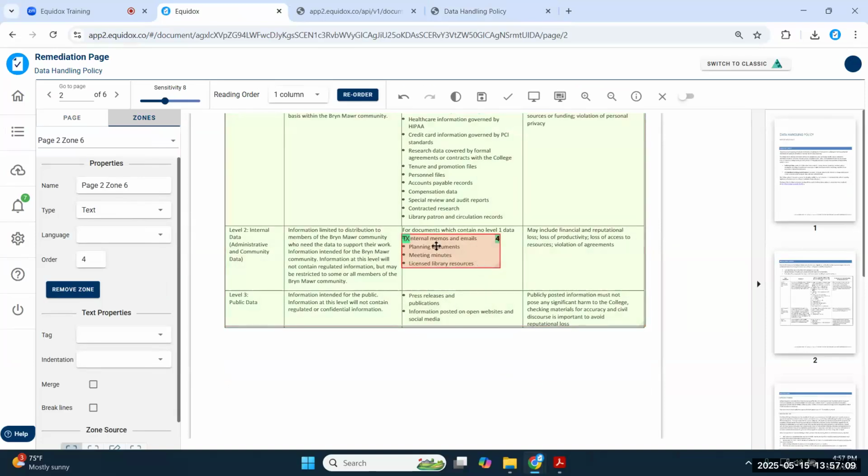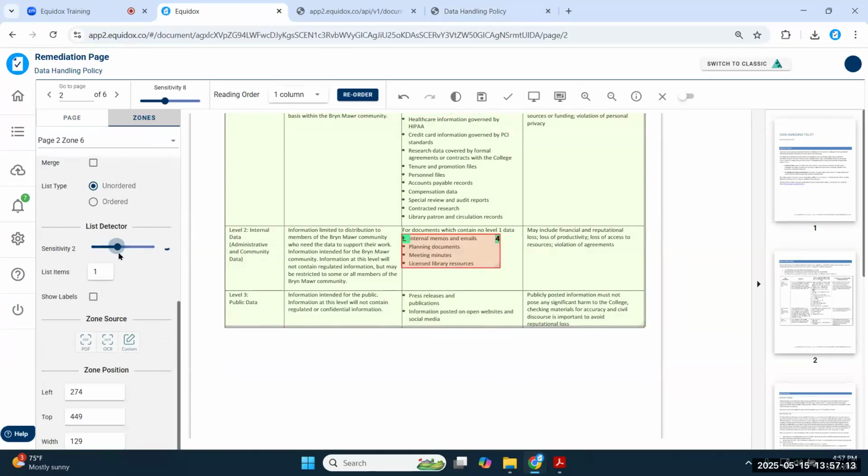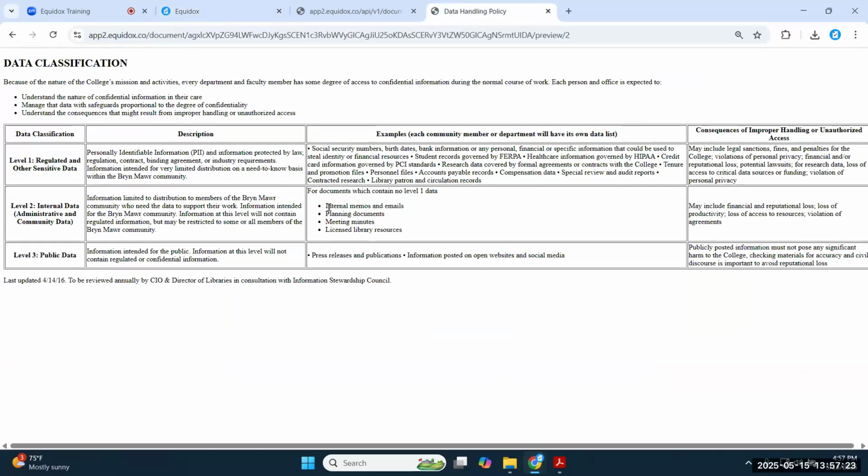But I can still put a zone on top of that list, hit L just like I normally would, and detect my list just as any regular list would be detected. So there's nothing different about this list here. When I go to my preview after creating it, it's now going to be a list living inside of a table data cell. So something that Equinox can handle. Hopefully you don't come across this too much because it's not really the best design. It's a little bit complicated, but it's easy enough to account for inside of Equinox.